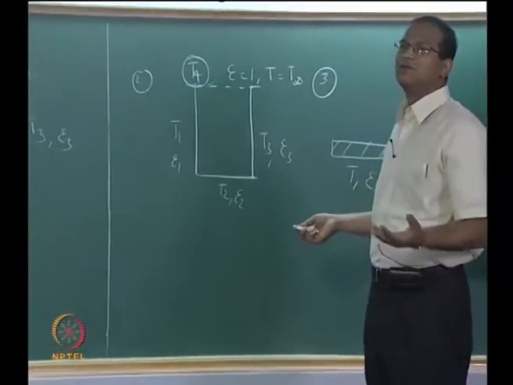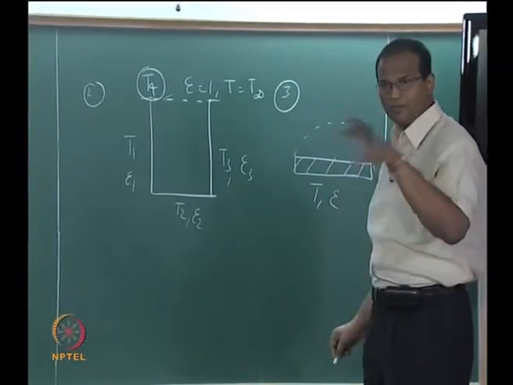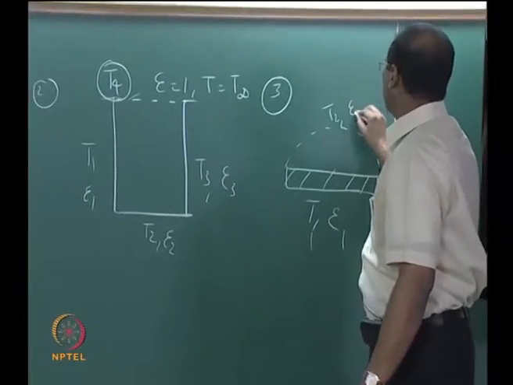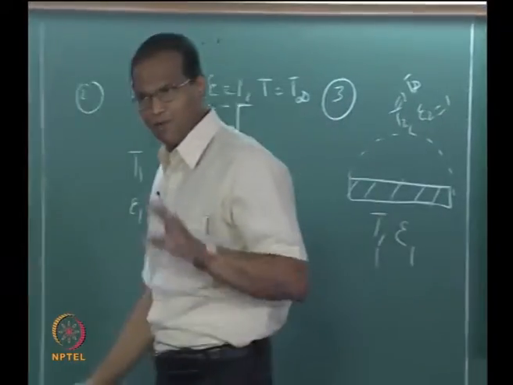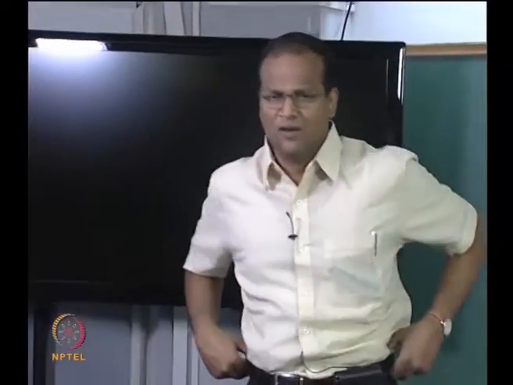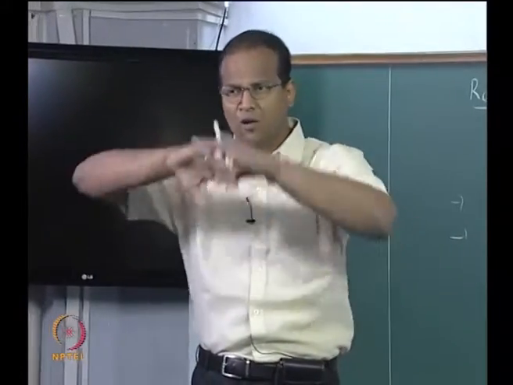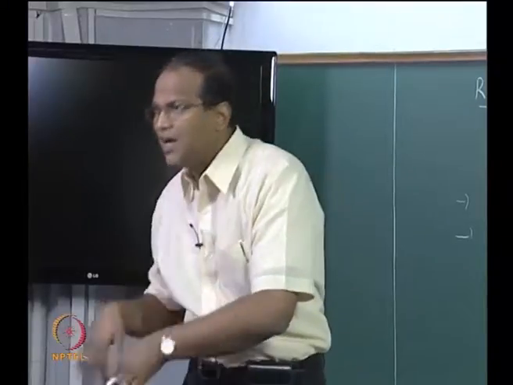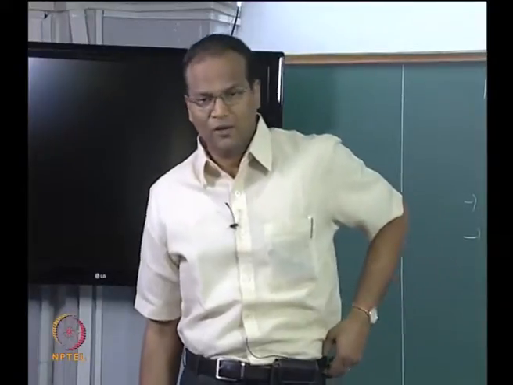Now, this also according to enclosure theory, we can enclose it in a hemispherical, you can enclose a hemispherical basket. So, make it T1, T2, epsilon 2, epsilon 2 is equal to 1, T2 equal to T infinity. Therefore, any possible configuration, whether the surfaces are plane, convex, concave, whatever it is, if some surface is open, you put a dotted line and close it and make everything in the world an enclosure, and then start writing, looking at the energy balance in each of this. This is the key idea behind the enclosure theory.